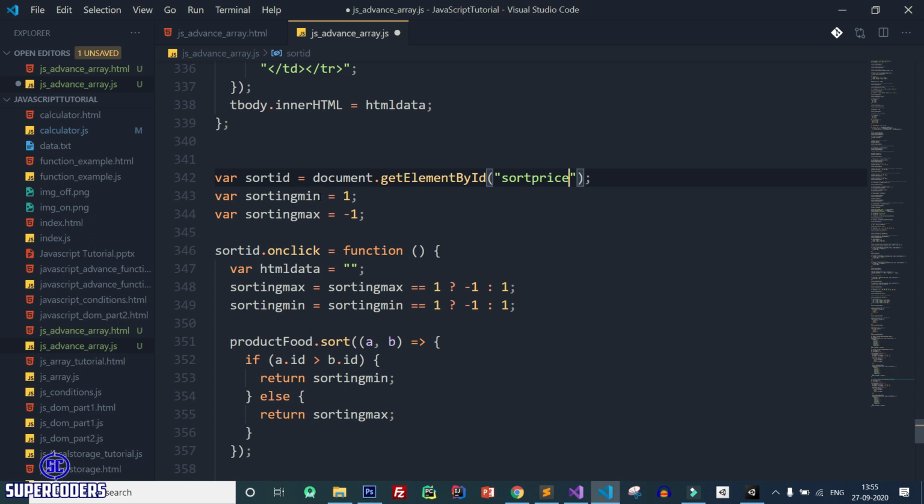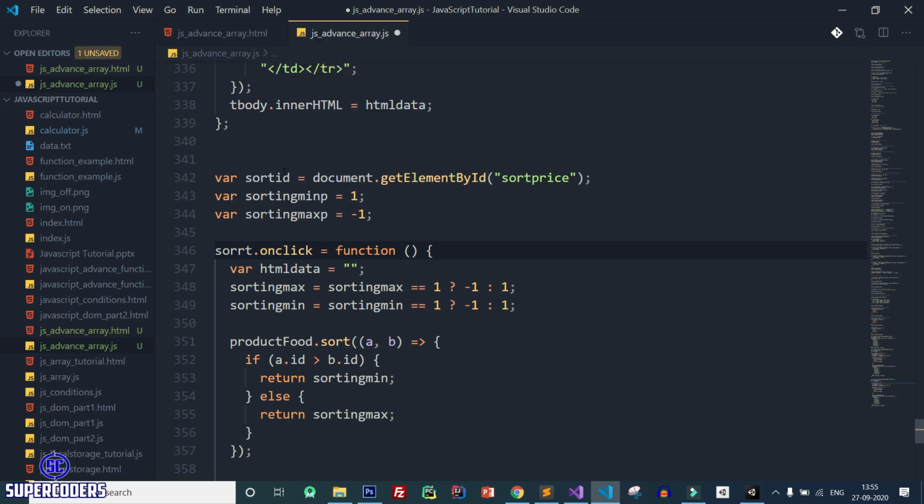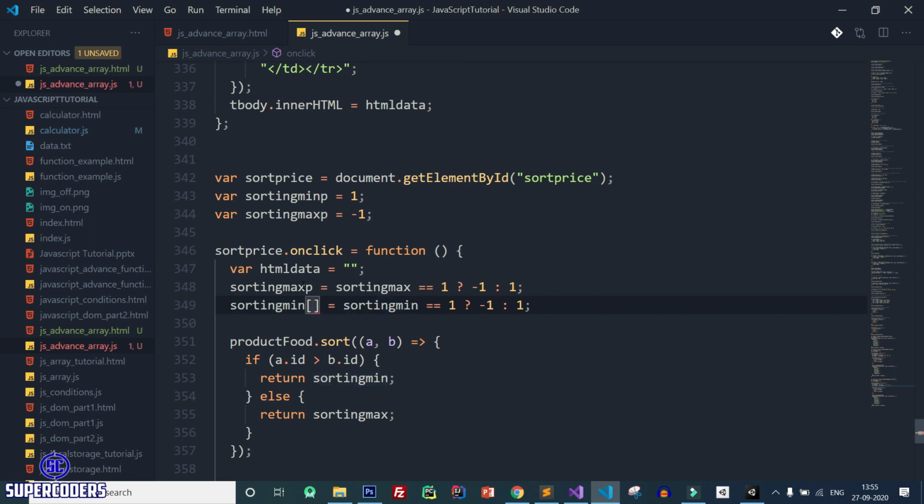Paste it. Sorting min P, max P, sort, change this to sort price. Let's copy the variable name, paste here, and here HTML max equal P, min P, and P also here.